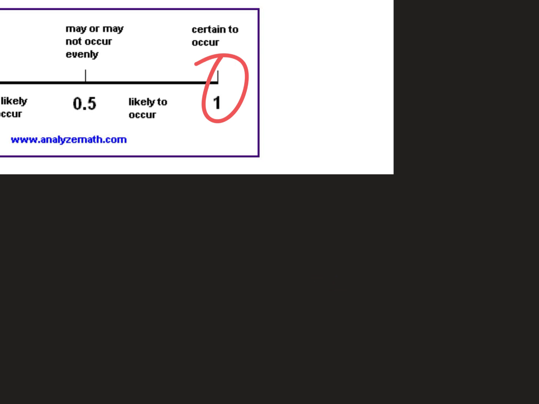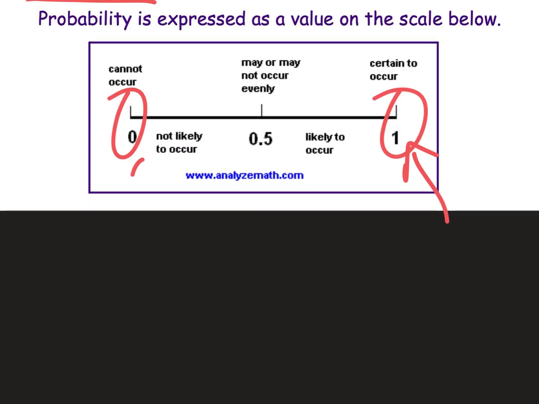1 is a guaranteed, like, what is the probability you're going to get 1 or 2 or 3 or 4 or 5 or 6? Well, that's a 100% chance. That's 6 out of 6. So that would be a 1. There's not many things in the real world that are 100%. There's not even a 100% chance that the sun's going to rise in the morning. Sun could blow up overnight, possible. All right. 0, also really rare, but in math it happens. Like, what's the probability I'm going to roll a 7? Well, there isn't a 7 on the die. The probability of rolling a 7 is 0. You could roll 2 dice and get a 7, but not 1.